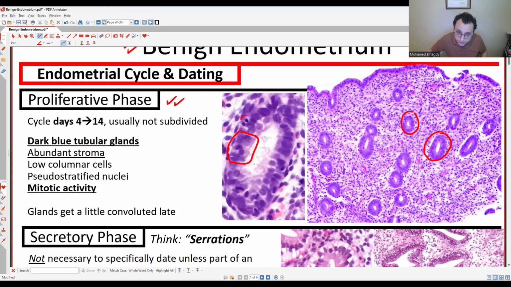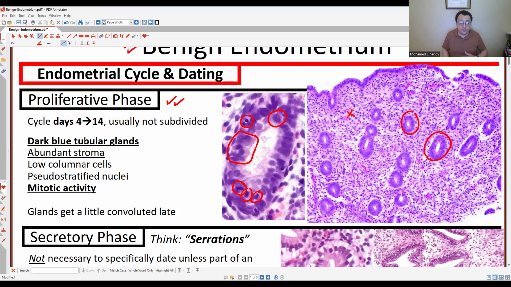And then you see the mitosis, the active mitosis. And sometimes you see irregular shaped mitosis. This means that these cells are actively proliferating and they are piling up in the lining of the endometrial gland. When you look at the stroma,